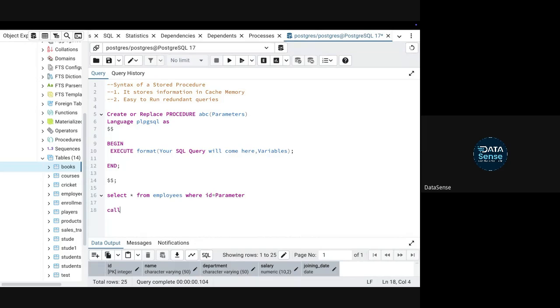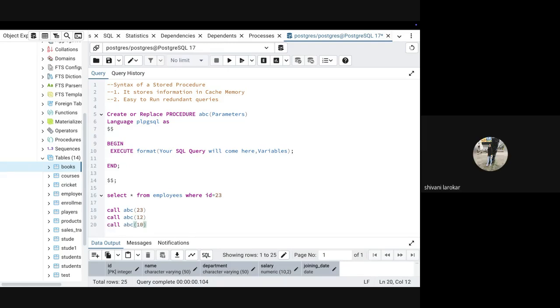Now whenever you call this stored procedure, let's say we created this ABC, whenever you have to run this query with a new value, you simply call it and pass the parameter. For example, let's say 23. This 23 will go and replace the parameter and make the ID 23. So instead of writing the whole query, you are simply running this command. Now you call ABC with 12, call ABC with 10.